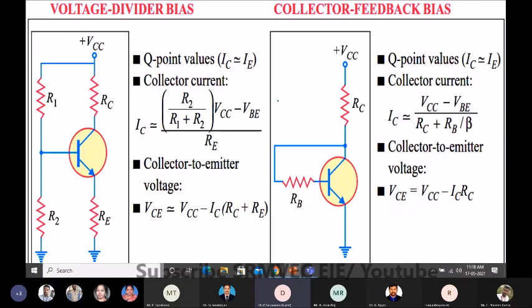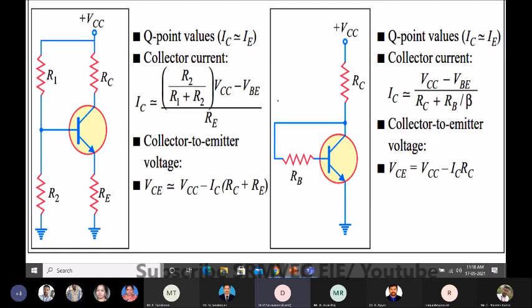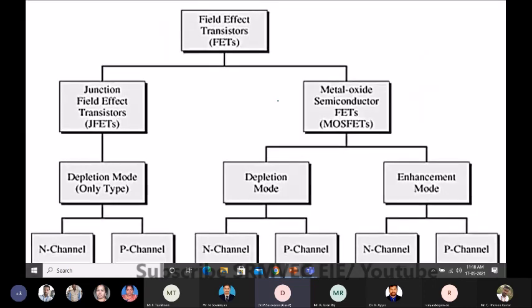So I will give it at last. So there are four biasing types, and among the four, what is the important type? It is voltage divider biasing. Okay, otherwise the other name is called self biasing, which is the important one among the four, with the most stability. Okay, but there is a drawback, that is there is a negative feedback loop which makes the output to be reduced. Okay, and then the temperature also affects it, so we have to take care.